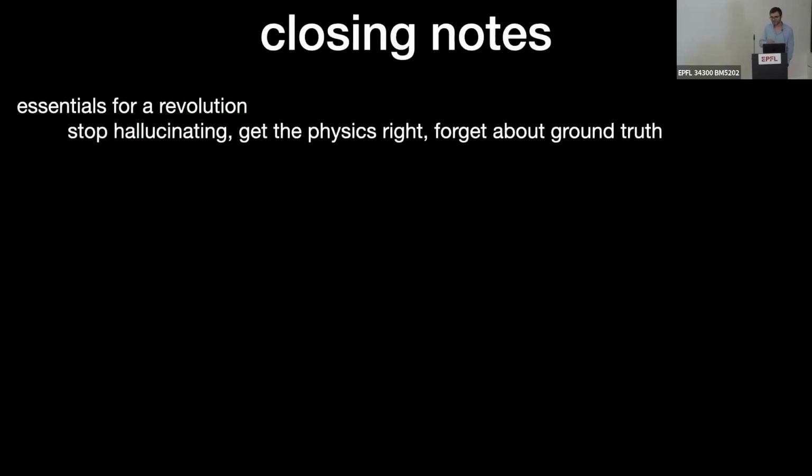And now here's a serious wrap up. So I think if we really want to have a step change in adoption, but also in the results that we can obtain with AI-based reconstruction, then we should just go ahead with what we propose, which is that we should stop hallucinating. We should really be careful that we can get the physics right. And we should basically forget in scientific imaging that we can get ground truth, because this is almost never true, right?